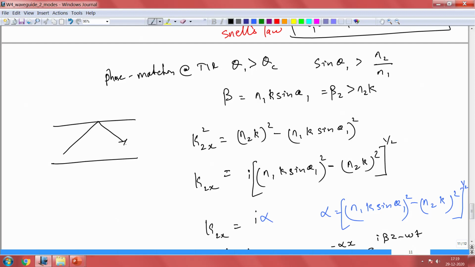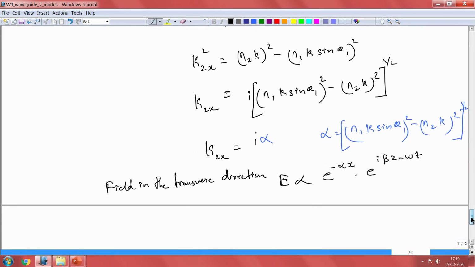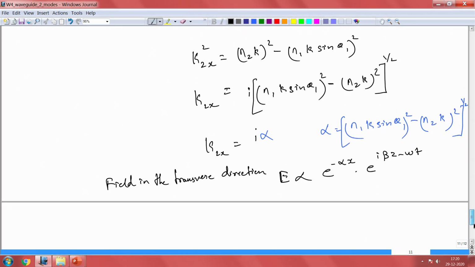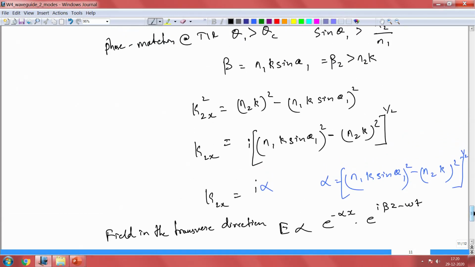So, anything below the critical angle you are fine, but if your angle is too steep, what will happen to that particular field? That is the angle beyond which you are going to lose that light, and how fast it would decay is given through this simple relation. So, this is from our